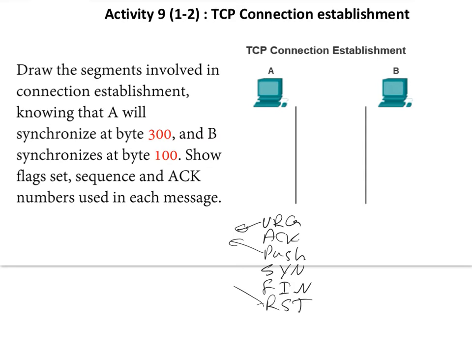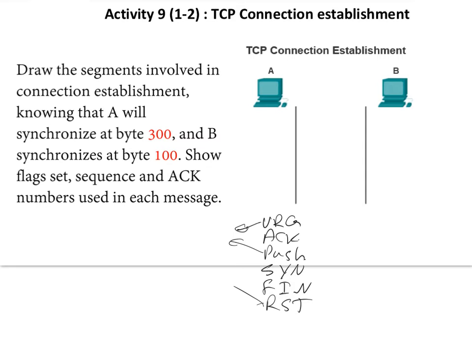The push means that you don't have to follow the order. You have to process it immediately, because this contains very important and high priority information. The slight difference between push and urgent is that we have an urgent pointer. We don't have a push pointer, because for urgent, maybe part of the segment is urgent, not the whole segment. So this is an indication to the receiver that if the urgent flag is set,